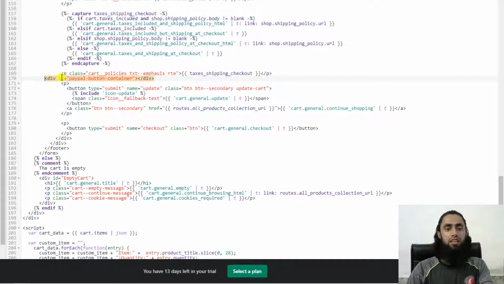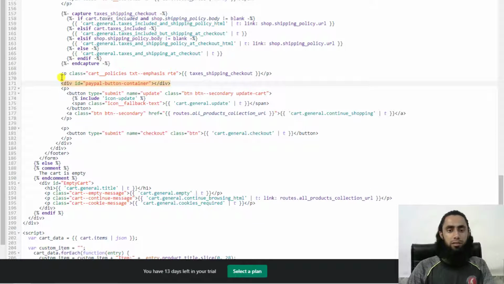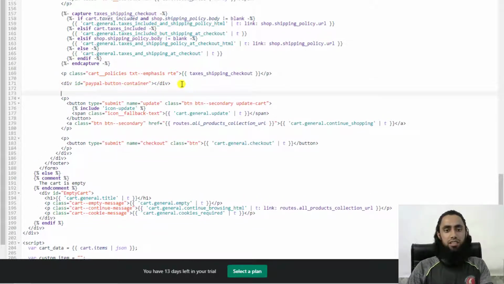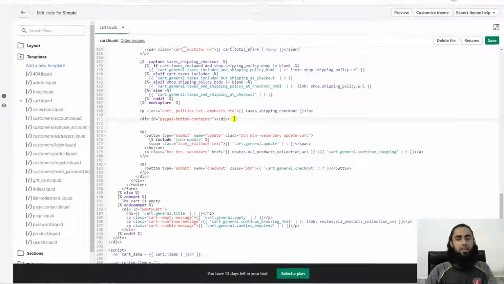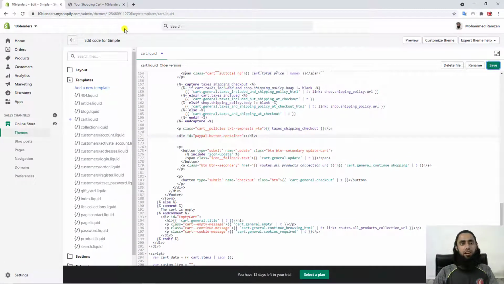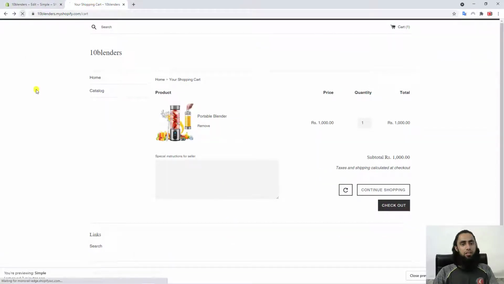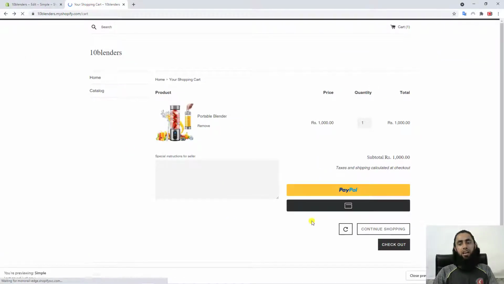For the sake of ease, I am just separating this one. You can see that I have just copied this from there. Let me save this and let me refresh the page. I refreshed the page, and now you can see that we have the PayPal button, and we have the debit or credit card button too. Now we are interested in designing this because it is a little bigger, so the design is a little awkward. So let me add some design.